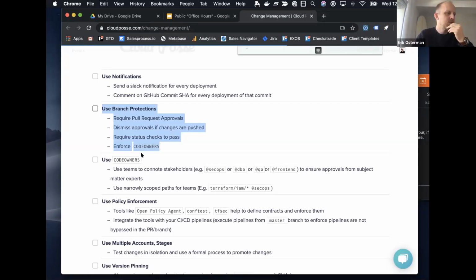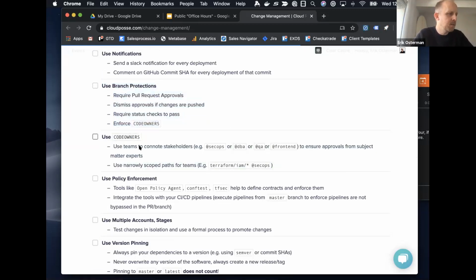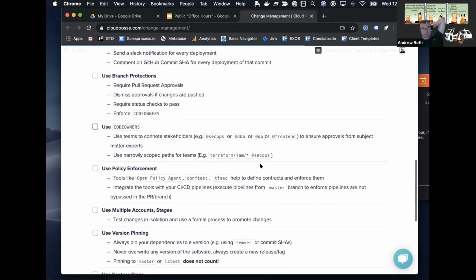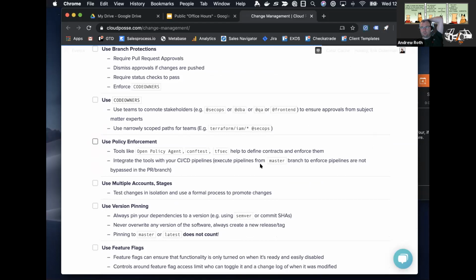Yeah. So code owners is where you can basically have a file, and that file will map a team to a path on the file system of that repository. So you can say that anything in your Terraform IAM project, for example, has to be signed off by SecOps. That would be an example. GitLab does support code owners in the bottom tier of paid, not free. Okay, cool. So in the starter or bronze tier, which is the $4 a month.